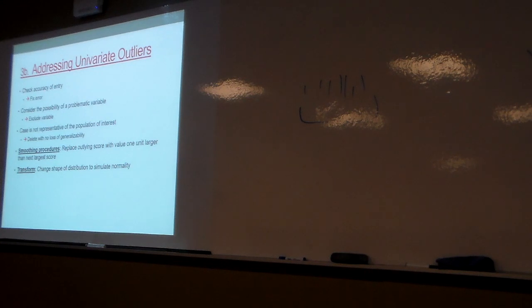Then I'm taking a distribution that's fine for 98% of the people, and I've turned it into something that's not what I originally measured. Now it's complicated interpretations and things like that, just for 2 people. And I don't want to throw them out because those are people I'm interested in. I just need to get them in line so that it doesn't cause problems for my model. So this would be a smoothing procedure.